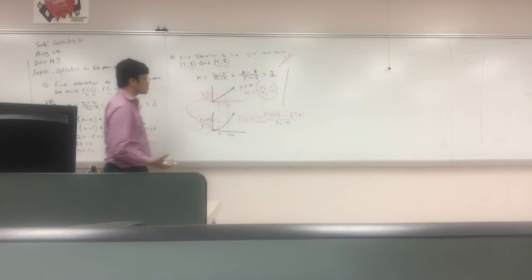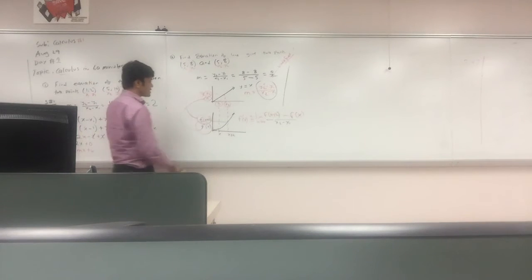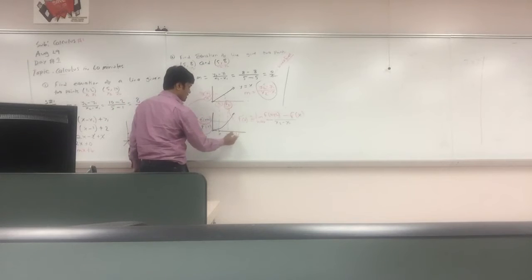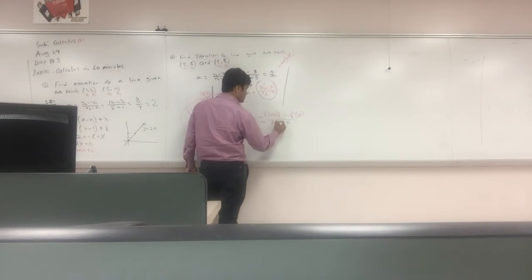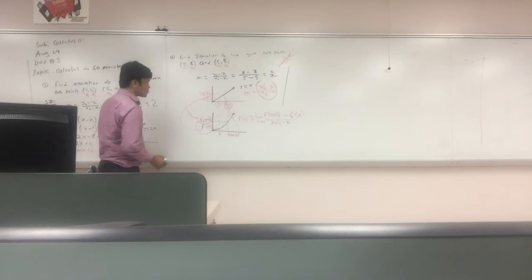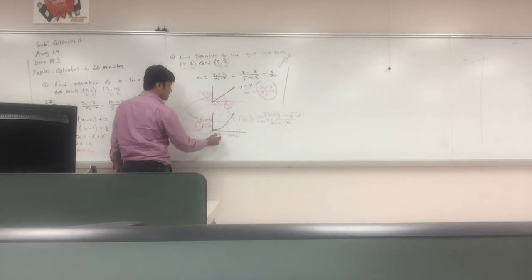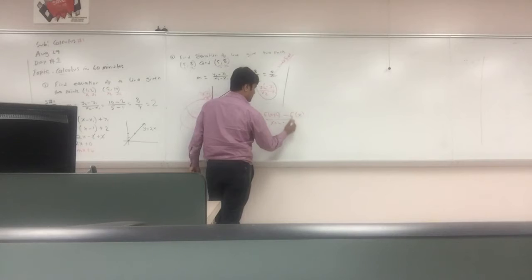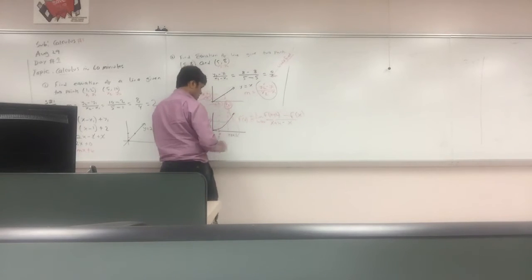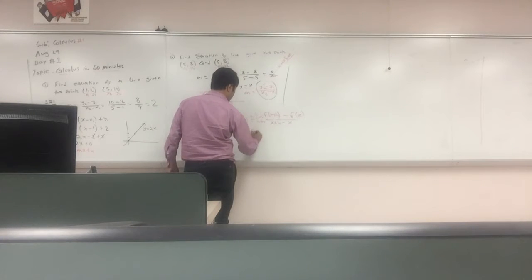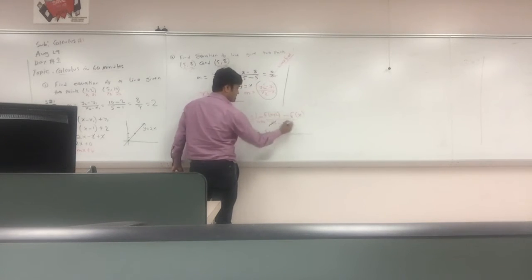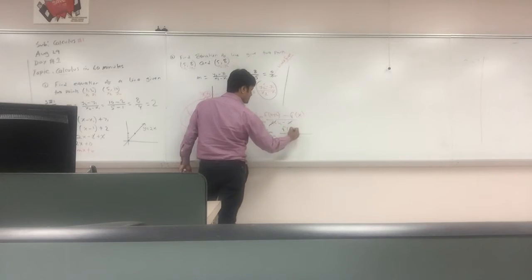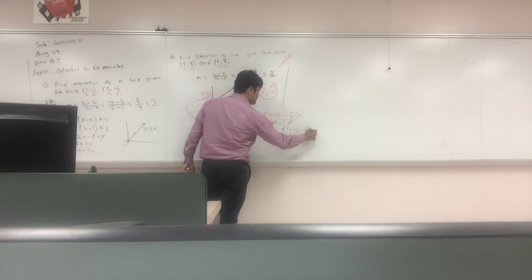Now x2, this guy is x2, so x2 is x plus h, and x1 is x, so you're just going to write x. So f prime of x is equal to the limit as h goes to 0 of f of x plus h minus f of x